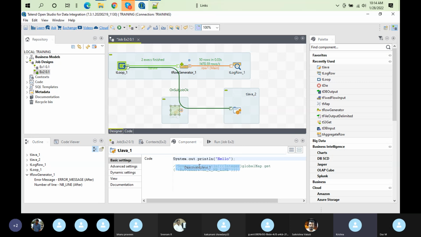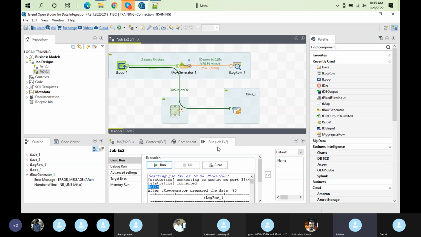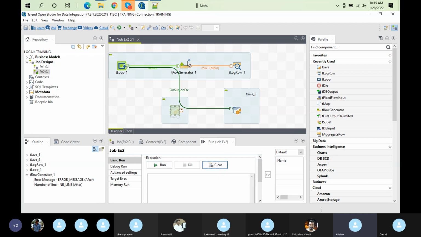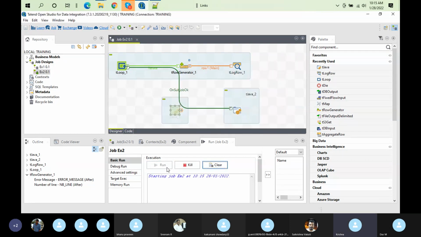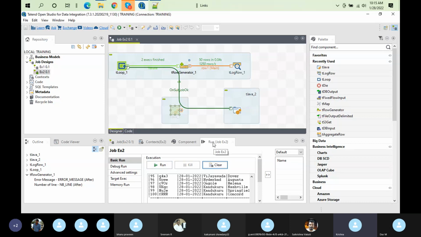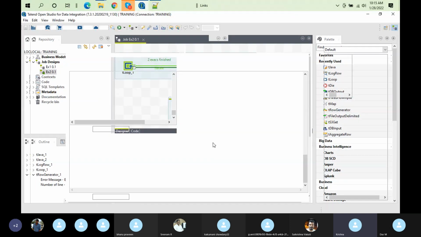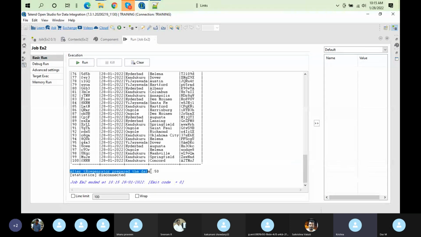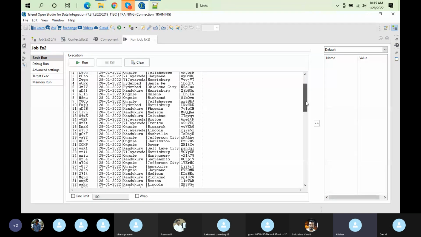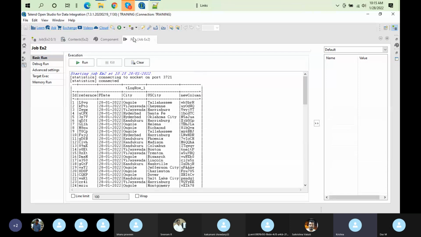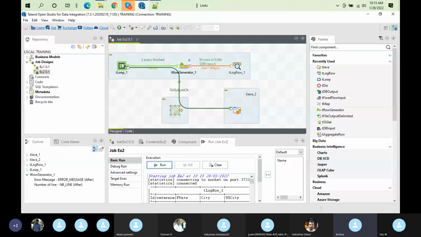So I'm deactivating this. If you are not giving sub job okay, then you will not get the number of rows. Now you will get only the log row printing, and it will print only one time at the end, because you are using looping and sub job okay. So now you will not get the statement printed two times. You will see it only one time after the row generator preparation, because you have asked to print at the end of the flow. So this entire flow is running,